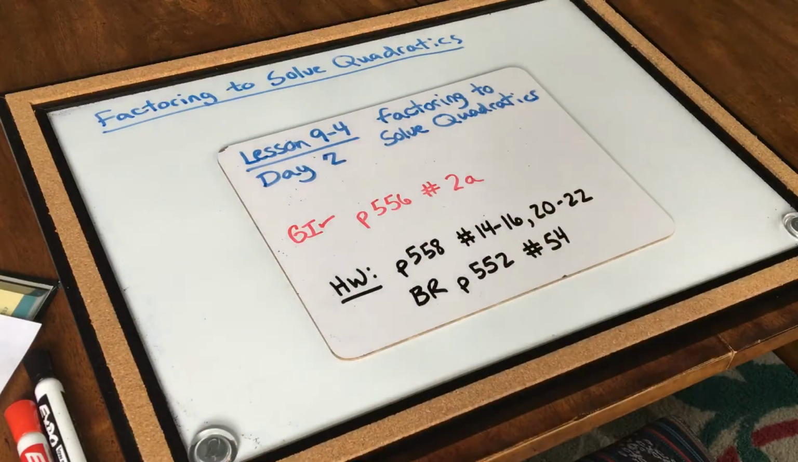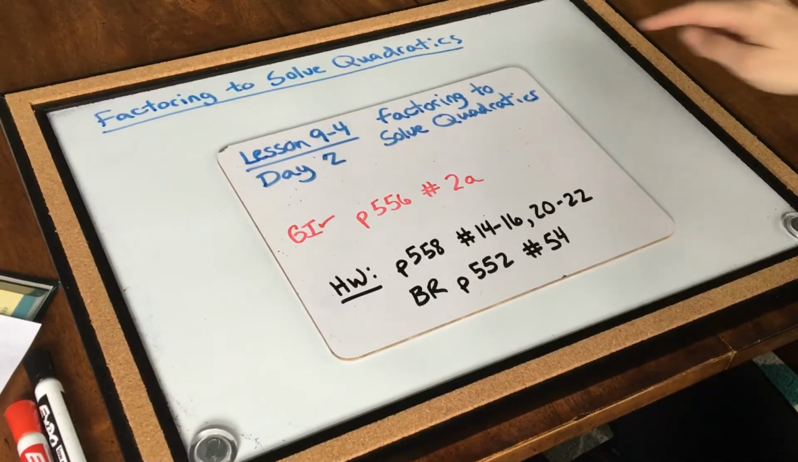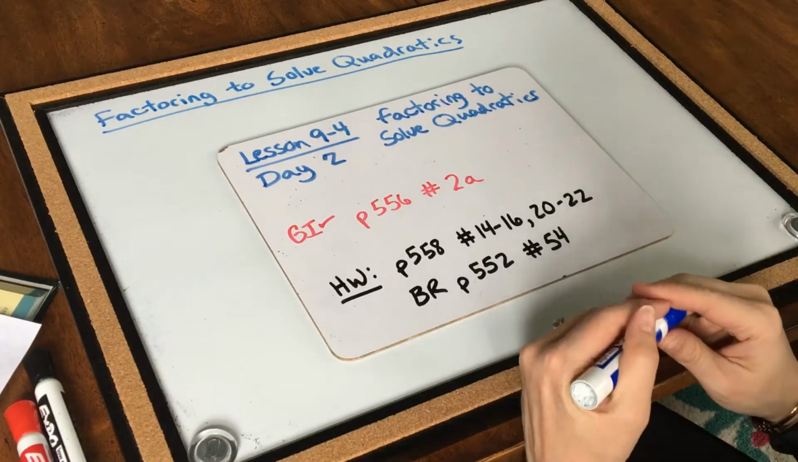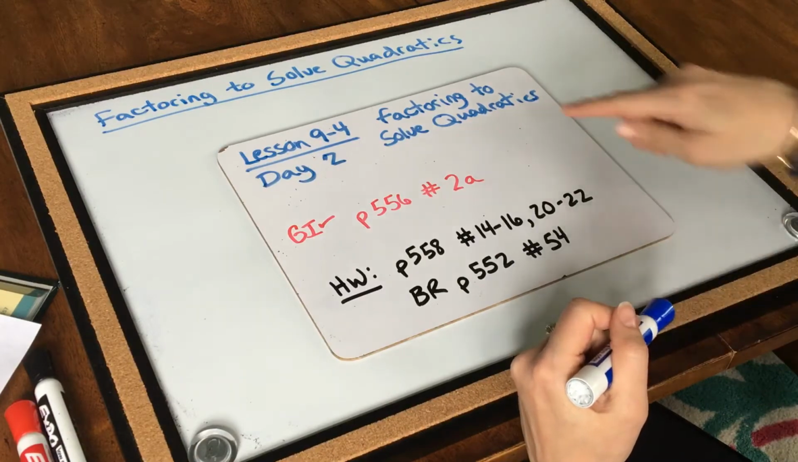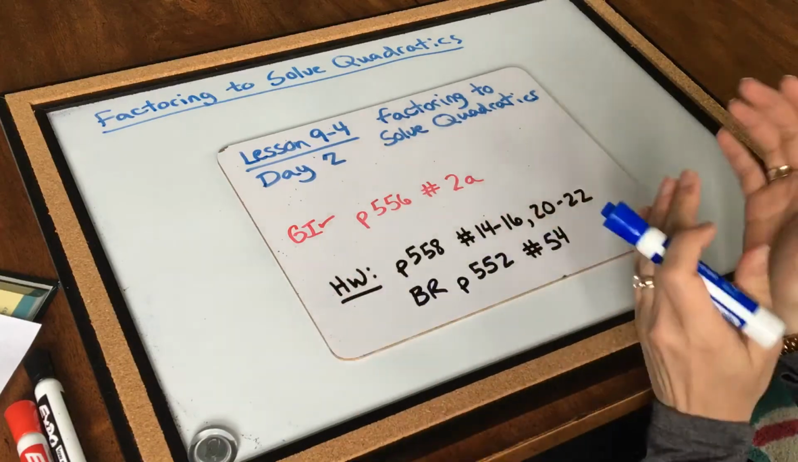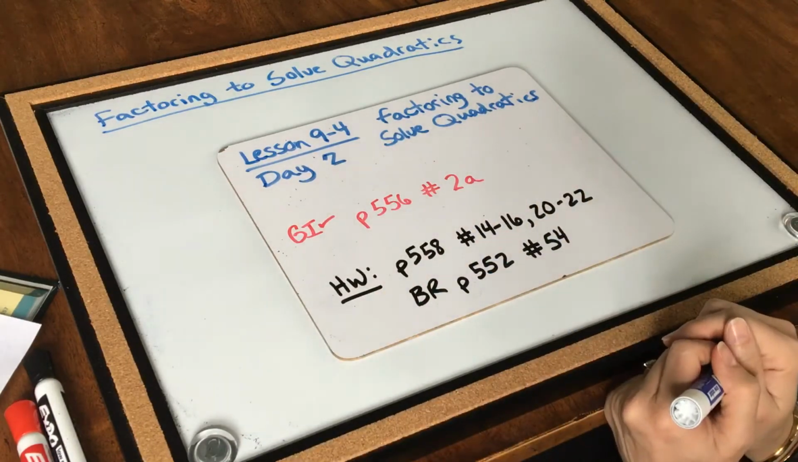Hi, 8th grade. Today we're doing the second day of lesson 9-4, and that is factoring to solve quadratics. So we're still going to be using the zero product property. We're just going to be factoring in order to get to the situation where we have two binomial parentheses multiplied